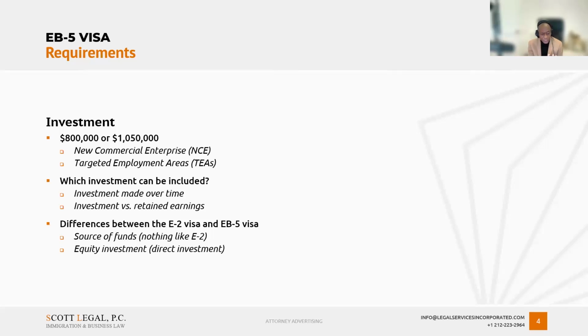In this particular instance, let's say the individual wanted to pay themselves through distributions and pay taxes on the money. The money flowed outside of the company and then was reinvested. Then that could work for counting the money towards investment. But the accumulation of retained earnings, unfortunately, is not enough.